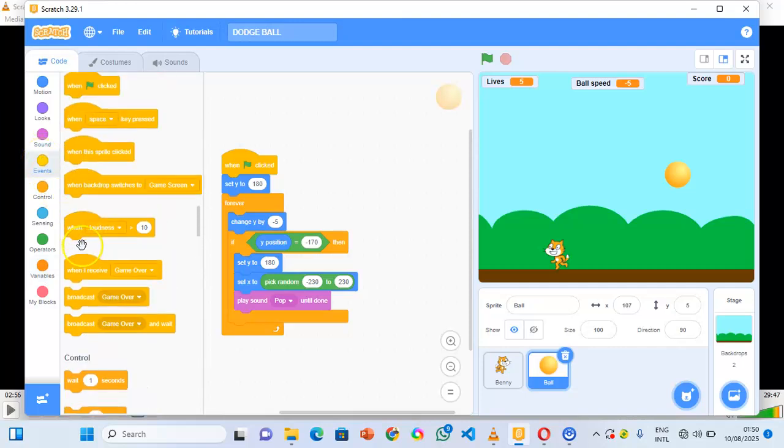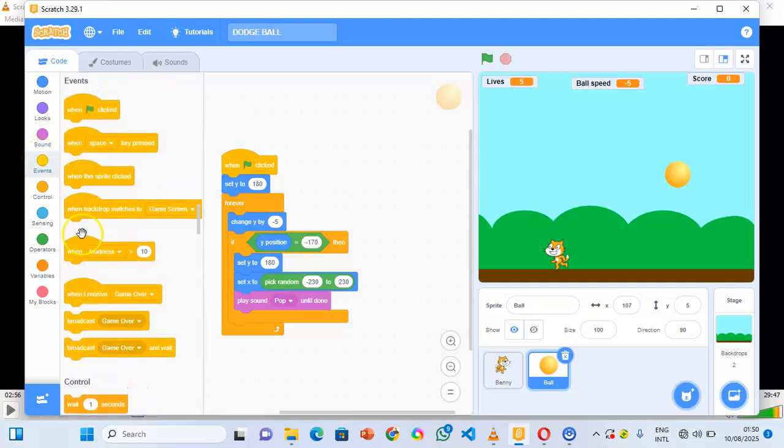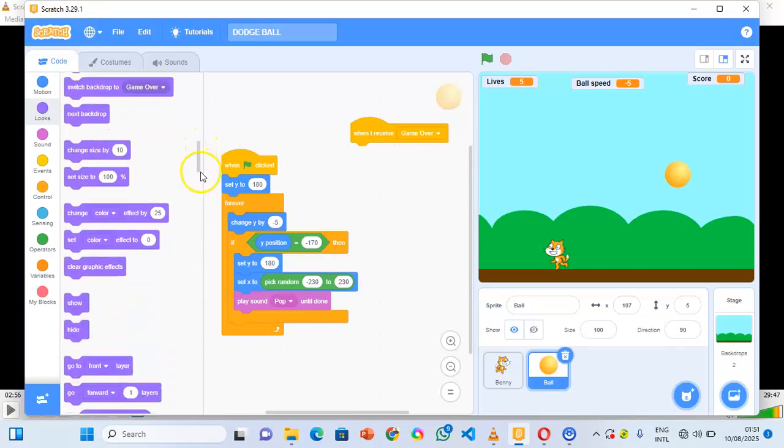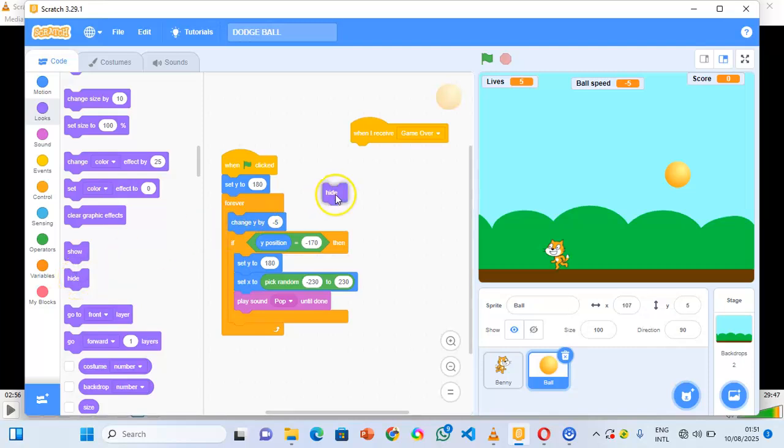When I get this my message, what should I do? I should hide everything on the screen. That is what I'm trying to say. Hide everything on the screen